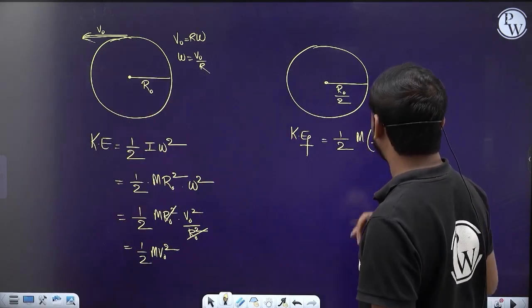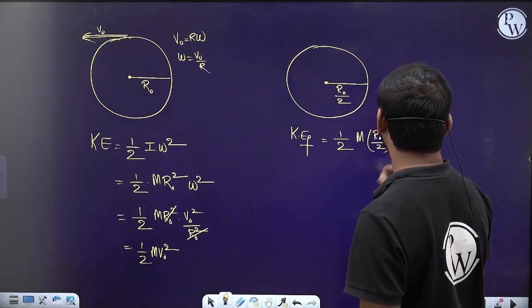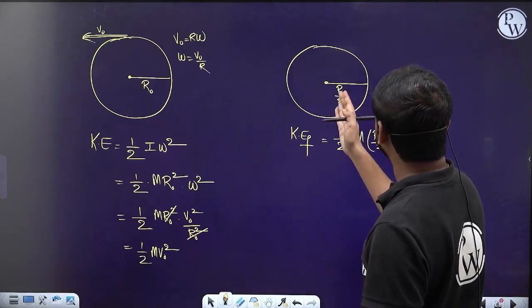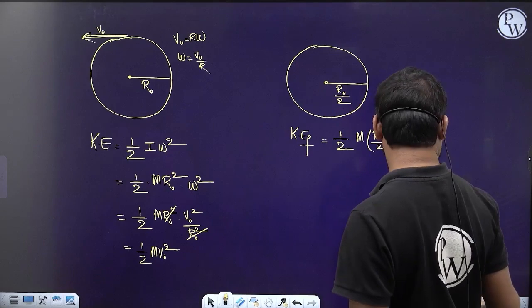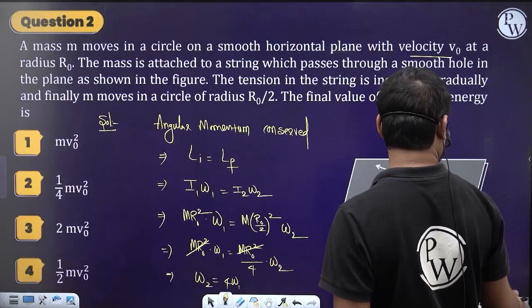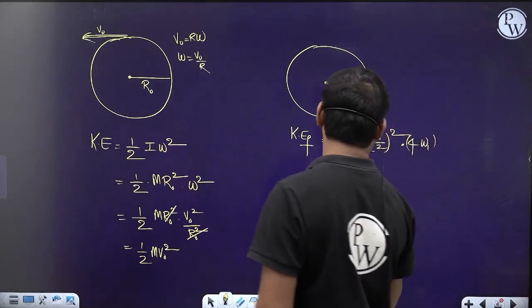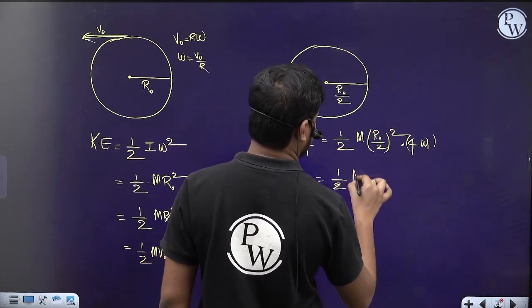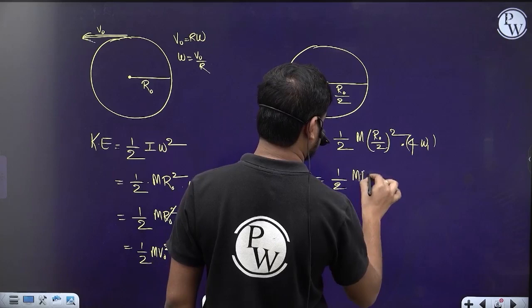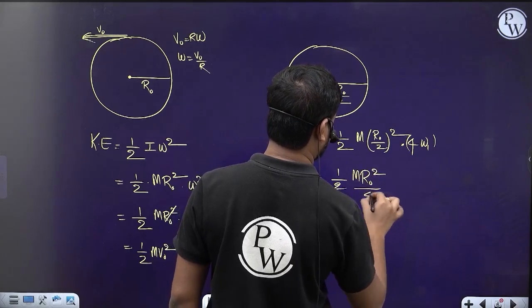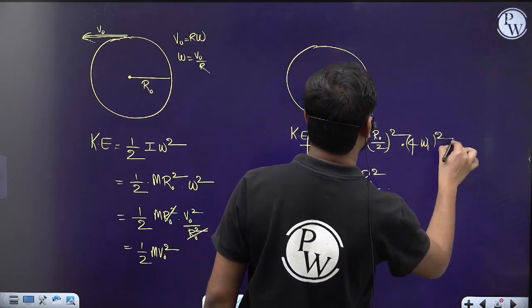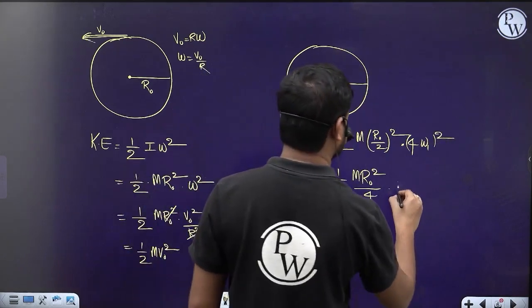So M R naught by 2 whole square into, what is this omega? What's the omega for the previous one? 4 omega 1, 4 times the omega 1. So I can write half M R naught square by 4 into 4 omega 1 square, which is nothing but 16 times